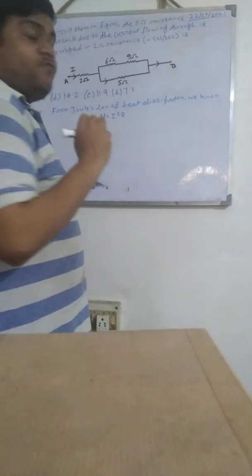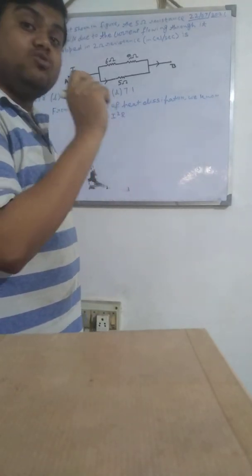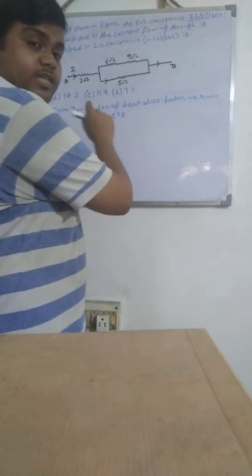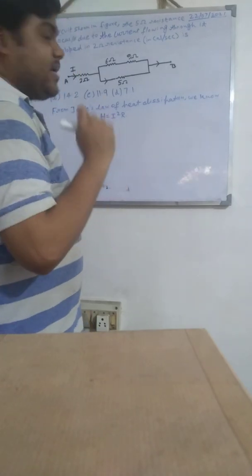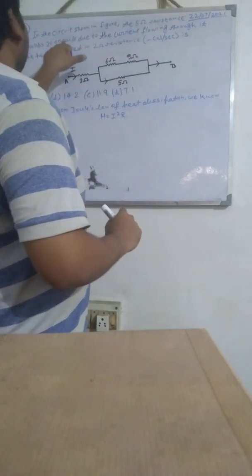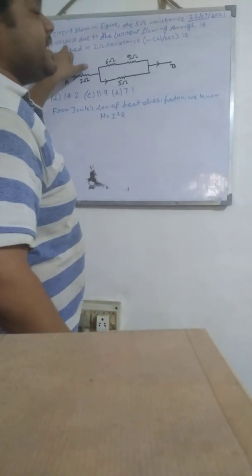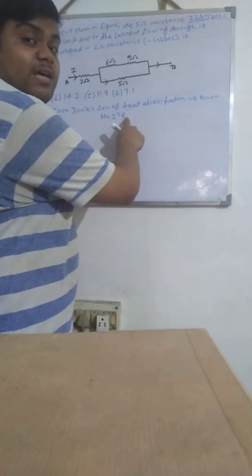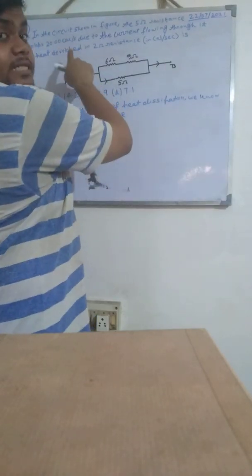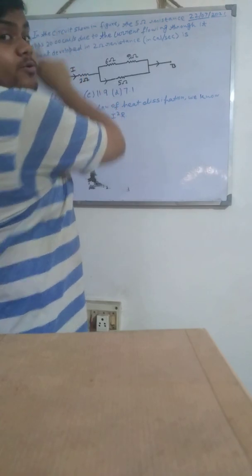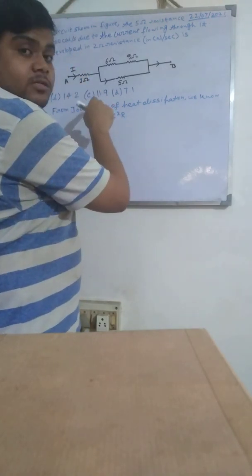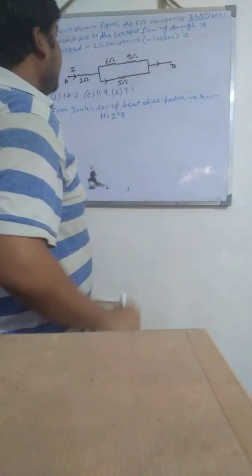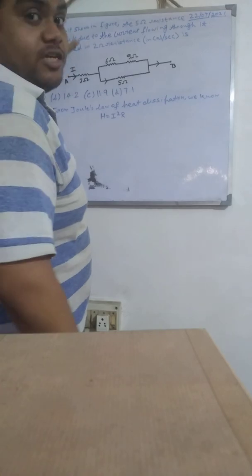Look, normally the mathematical form of Joule's law is H is equals to I square R into T. T for time, R for resistance, I for current, and H for the heat that is being dissipated. But here it is given that the 5 ohm resistance develops 20 calorie per second. So we will not consider T over here because heat developed is calculated per unit time. So here it is normally H by T, but symbolically we are using H and we are not considering time. Okay, because it is given in such a fashion.